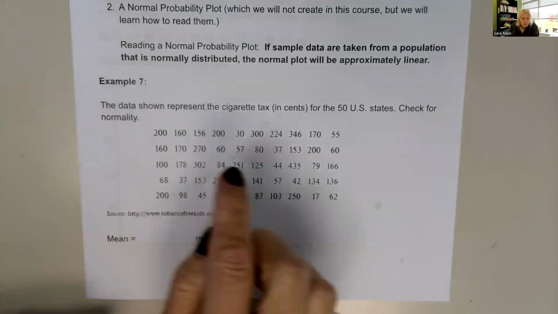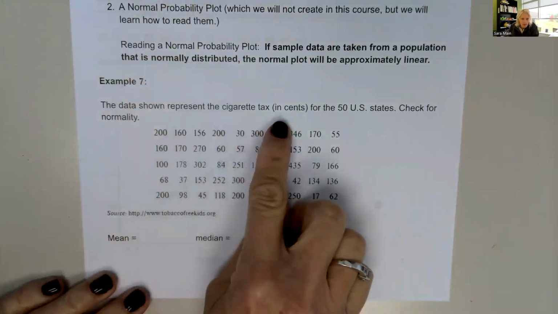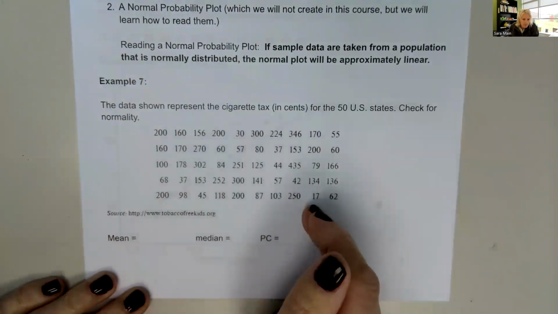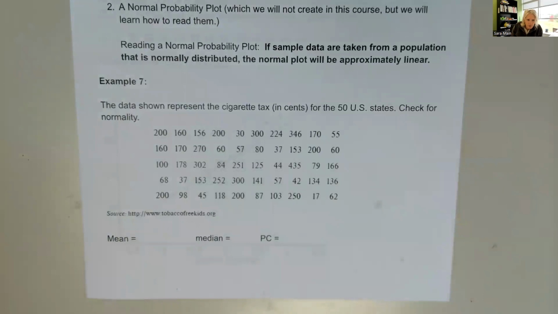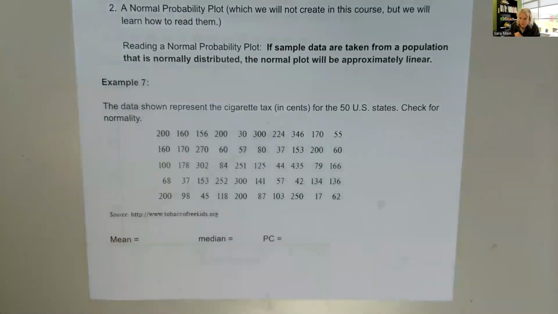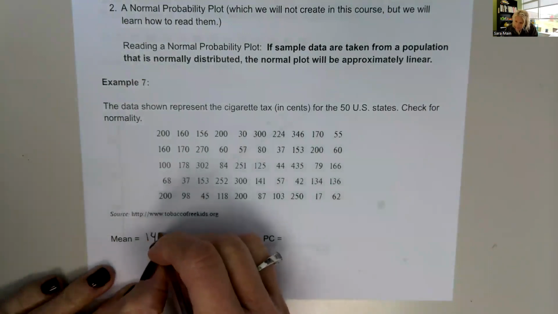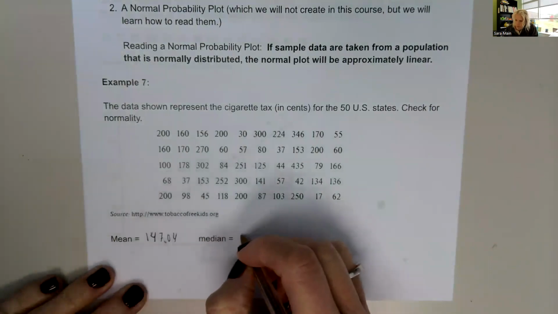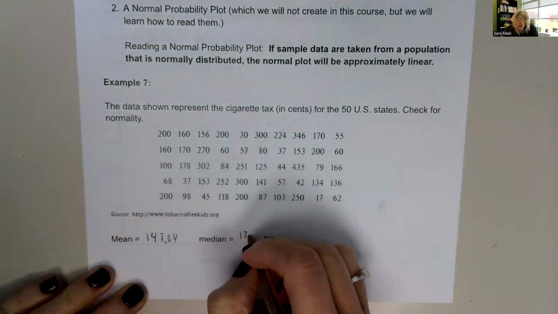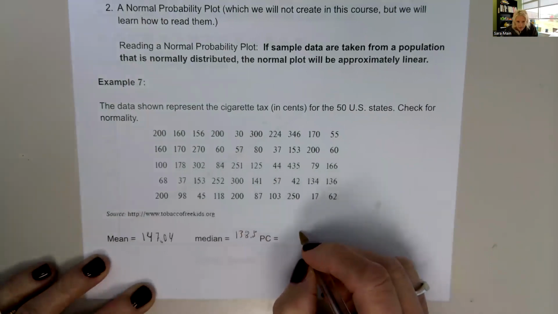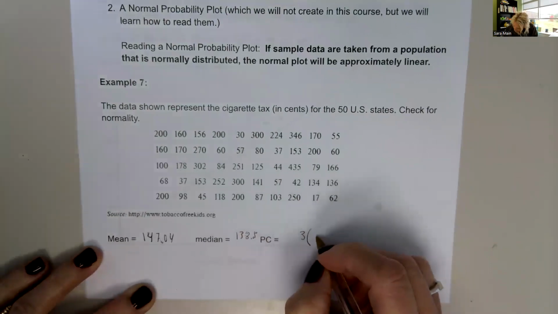The first one is we have some data here. It's the cigarette tax in cents for the 50 different states in the US. And so in Desmos, I've calculated the mean, the median, and the PC. So the mean for this is 147.04. The median is 138.5. And the PC is 3 times